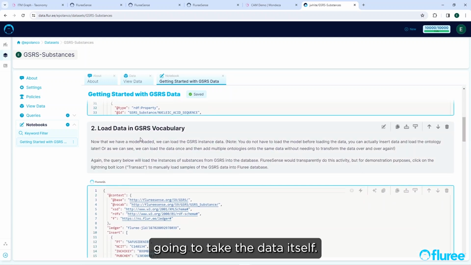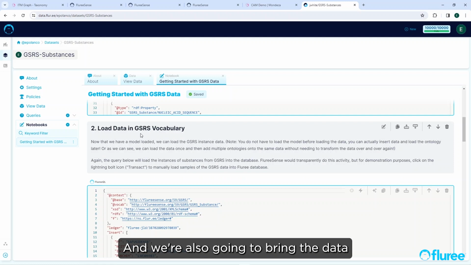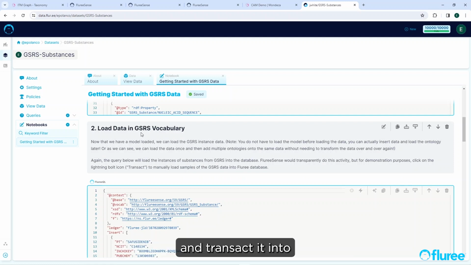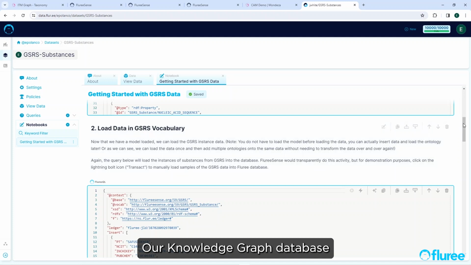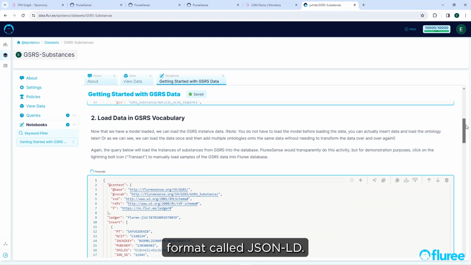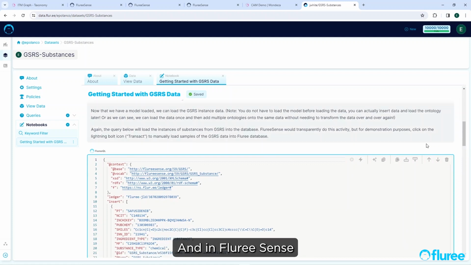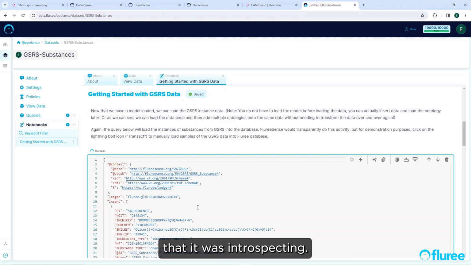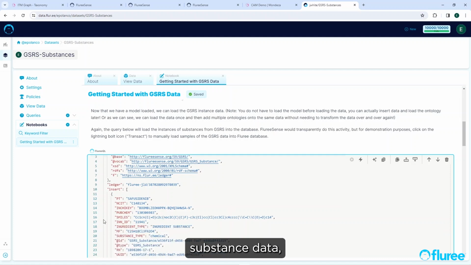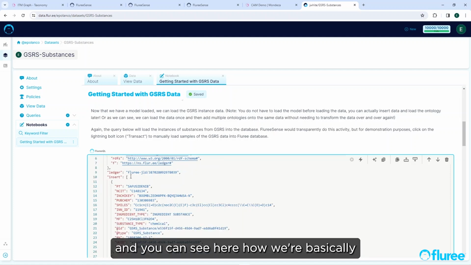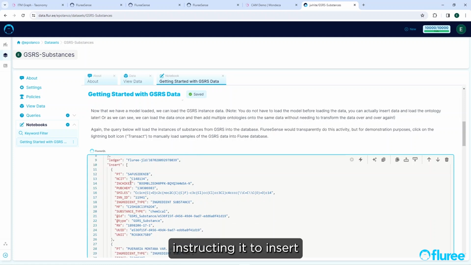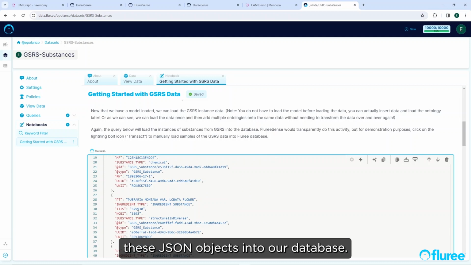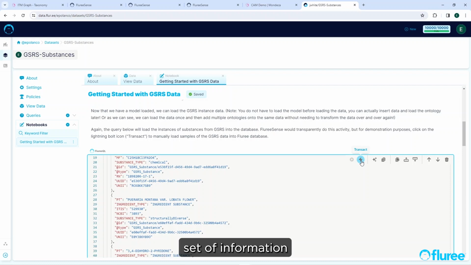The second step is that we're going to take the data itself and transact it into the knowledge graph. Our knowledge graph database uses a document format called JSON-LD. In Fluree Sense, when we clicked the button to export the graph, it automatically created this JSON-LD document for the data it was introspecting. Here we're looking at the GSRS substance data, and you can see how we're instructing it to insert these JSON objects into our database. Under the covers, we've now inserted this specific set of information into our